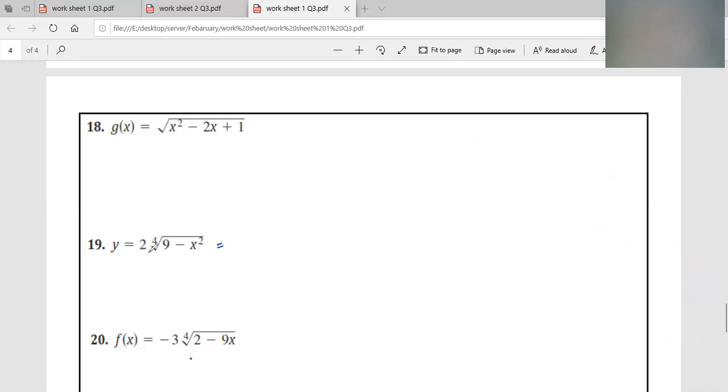As you say, y equals the fourth root of 9 minus x squared. Miss, can I use the chain rule? Yes, you can use the chain rule. You can use the general power rule. Since the question doesn't specify a method, the head of this question is: find the derivative